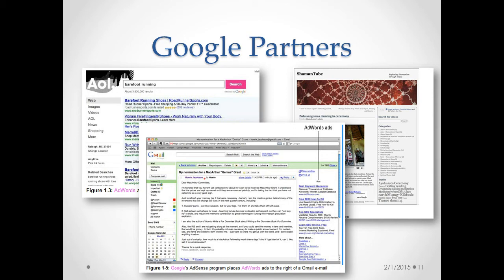On sites devoted to weightlifting, for example, Google shows ads for workout programs or muscle building supplements rather than knitting or quilting supplies. Google lets you choose whether to show your ads on these sites, which are known collectively as the Google Display Network, or just stick to the search networks.